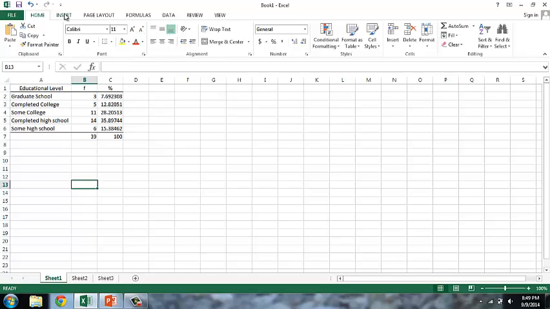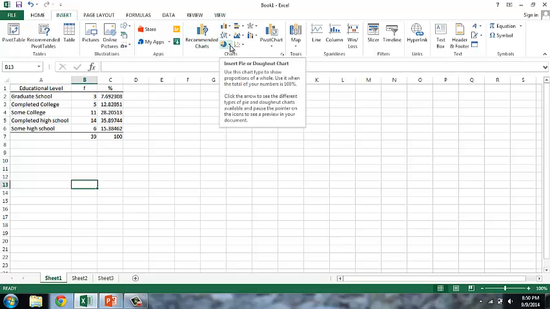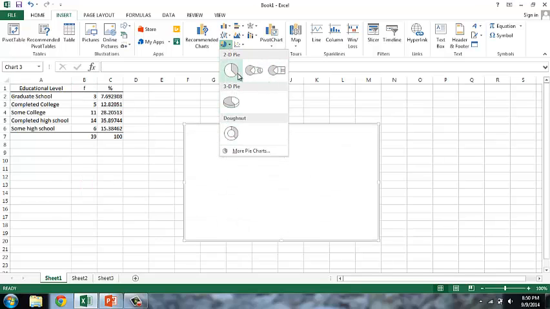The graphic tools of Excel can be found on the Insert tab. You can see there are a number of options for different kinds of charts. Here's the option for pie charts. If we click on the arrow, you can see that there are a number of different options, including two-dimensional, three-dimensional,